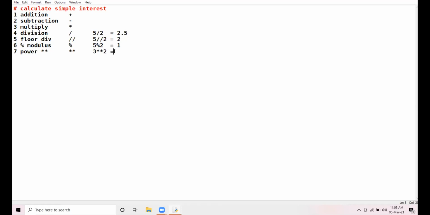So the answer is 9. 3 raised to power 2 is 9, which is 3 into 3. If I say 2 raised to power 3, it is 8. Clear? These are all the possible arithmetic operators which you will be using in your programs.